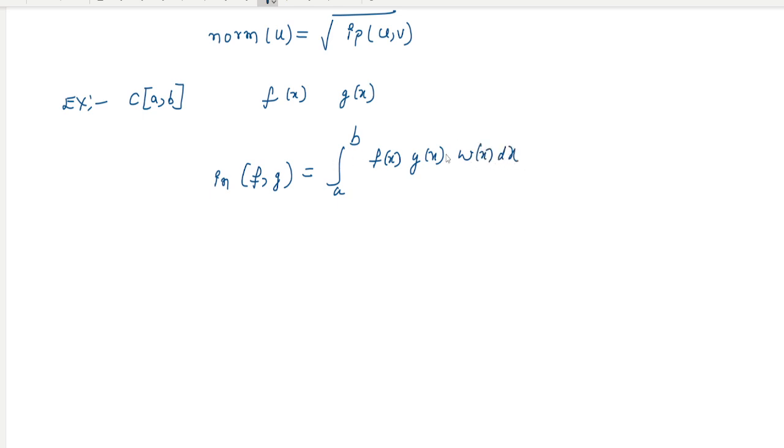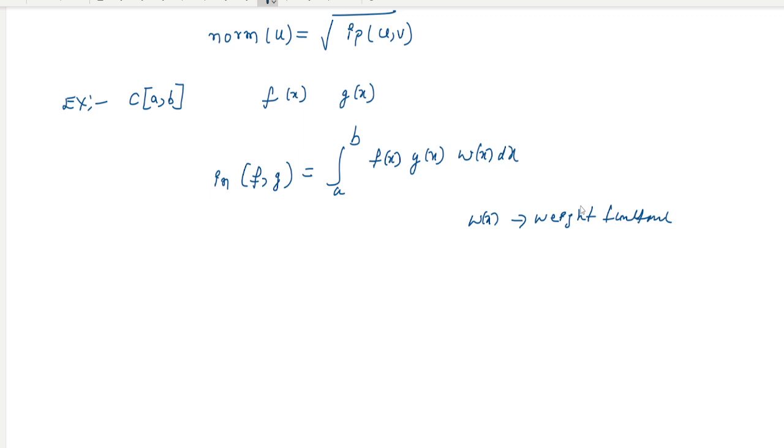So w of x here is a weight function. Okay,